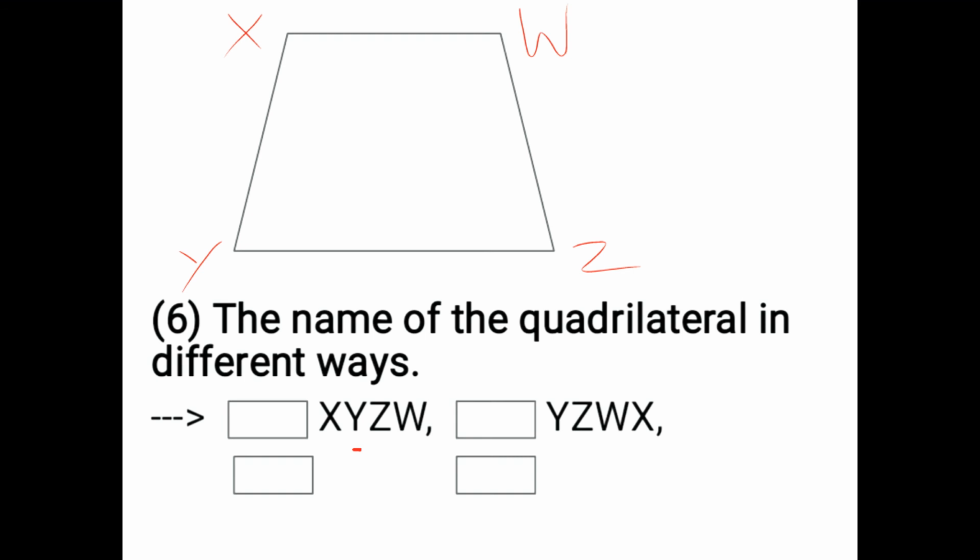If you don't understand the language, I will explain clearly, students. In quadrilateral XYZW, the starting letter is X, okay? Then you are naming the quadrilateral clockwise, XYZW. After X, which other letter is coming? Y. Then you have to start the second quadrilateral. When you name it, the starting letter should be Y. Now understood?